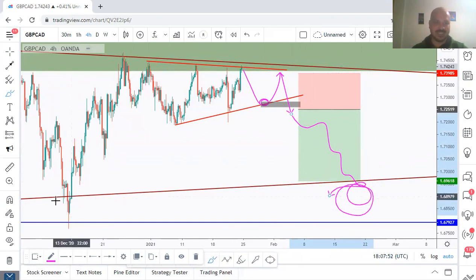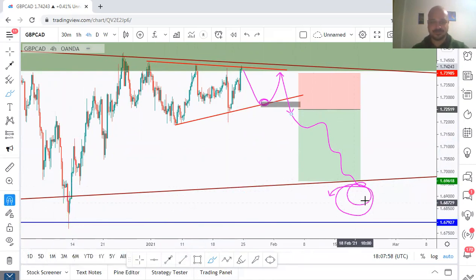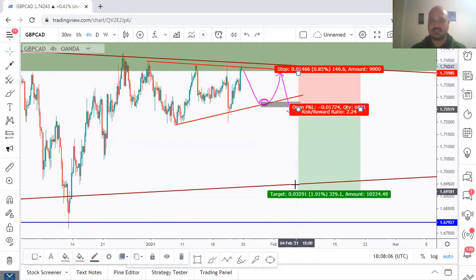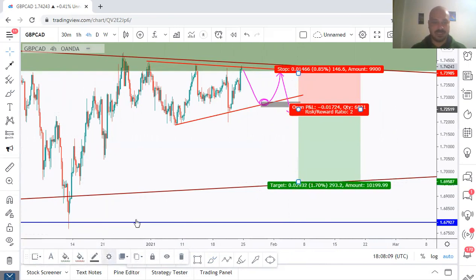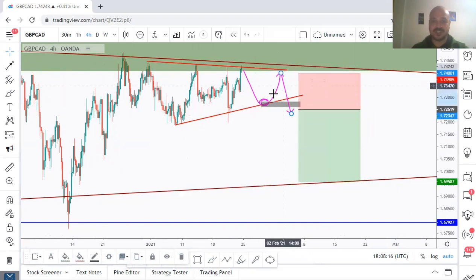As mentioned from daily, we have a demand, we have horizontal support, and brown, a non-horizontal support. Around here, we'll be looking for buy setups. But let's take it step by step. For now, from H4 time frame, we are waiting for this setup to form. Let's make it only to appear on H4, because now we'll zoom into lower time frames and look for potential